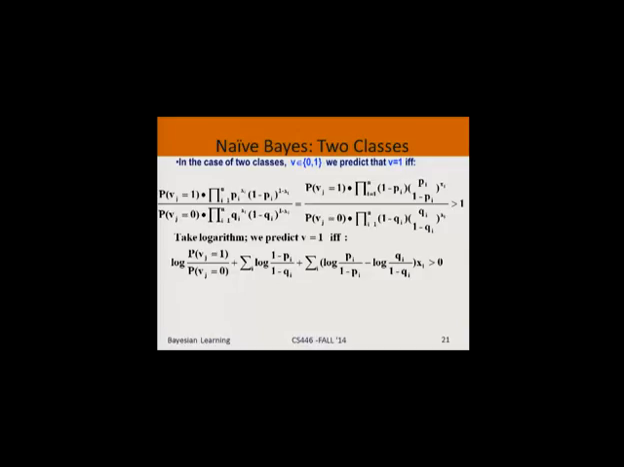What is this? What did I get here when I took log of this ratio? This is a specific type of function, and I'm saying I'm going to predict 1 if and only if this specific function is positive. But you've seen this function before. What is it? It's a